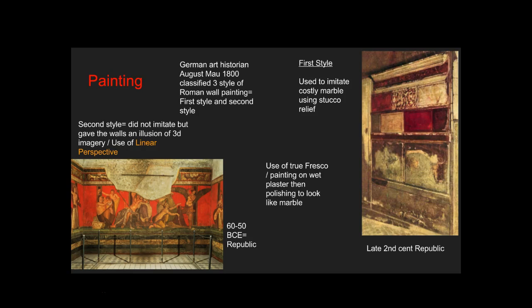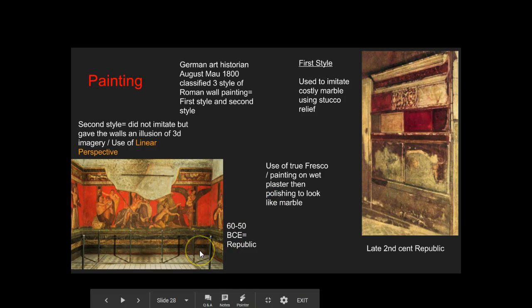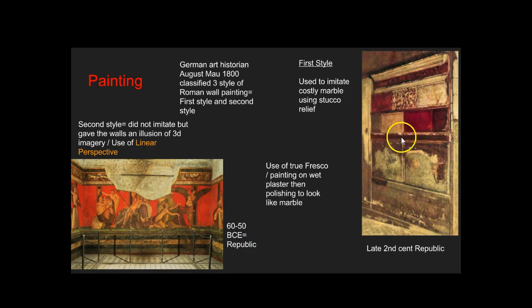So now we're going to run into painting styles. There are 3 different types of wall paintings for the Roman people. We've got the first style, which is a painted style which mimics different types of material. So they use the true fresco, and it would look like they almost had blocks of marble in this one and granite in this one, and so it looked like different styles. You will still see this today in different homes. True fresco, again, is painting on wet plaster, then polishing it to look like marble or stone. Then we have the second style.